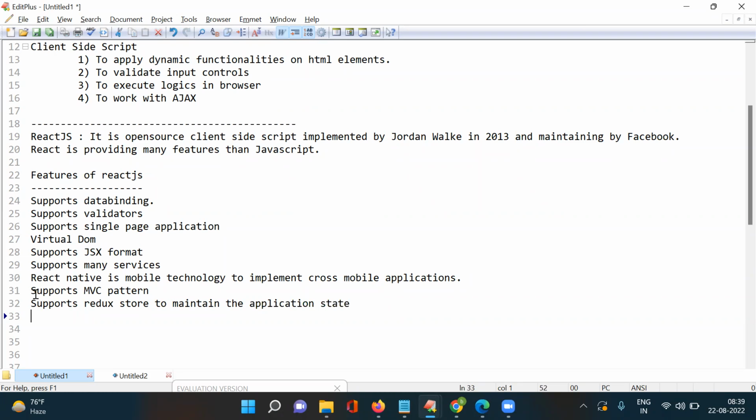What is the state, and what are other objects like local storage, cookies; different types of objects are available to work with the state. Okay, how to use all these things I will discuss with you later. It supports the Redux store. Okay, next one here,